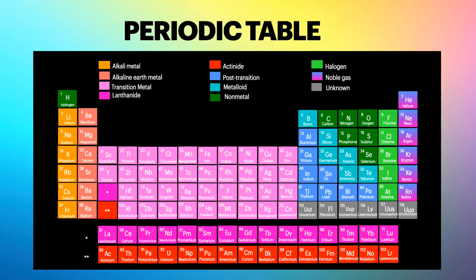The periodic table, also known as the periodic table of elements, is a tabular display of the chemical elements which are arranged by atomic number, electronic configuration, and recurring chemical properties. The structure of the table shows periodic trends. In the standard periodic table, the elements are listed in order of increasing atomic number. Each chemical element has a unique atomic number and atomic mass.